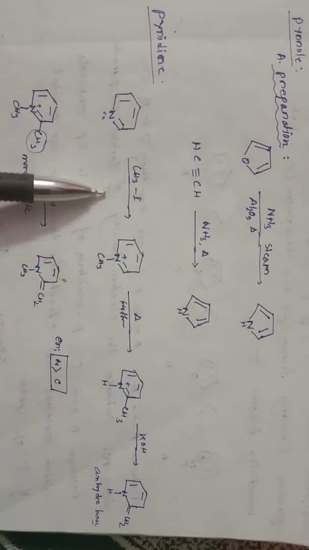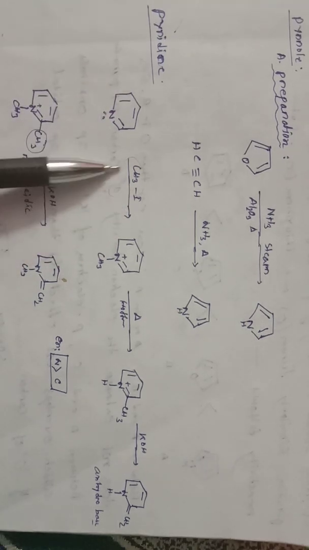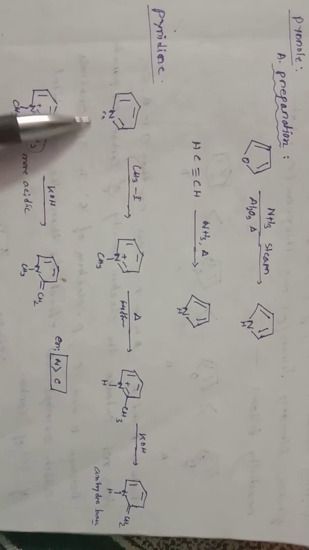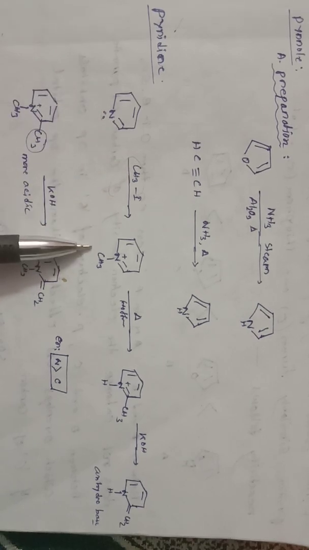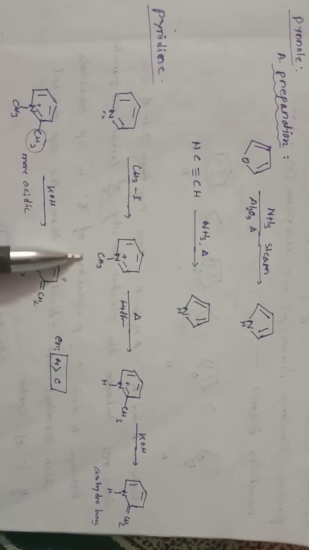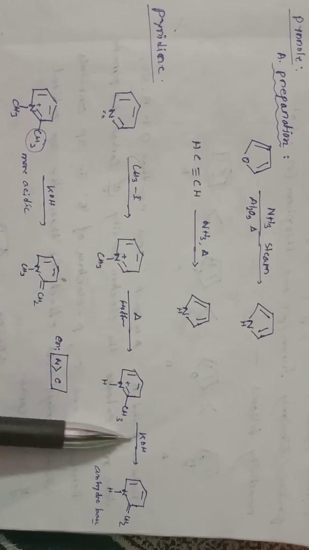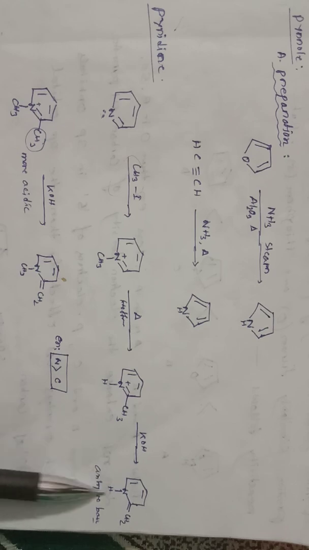Now this reaction is very important, that is the reaction of pyridine with CH3I, that is methyl iodide. If we react methyl iodide with pyridine, first of all this lone pair donates to this methyl, and we form this type of compound. When it is heated, this methyl group migrates to the C2 position and we get this type of product. After treatment with KOH, we get this type of product, and it is called anhydrobase.